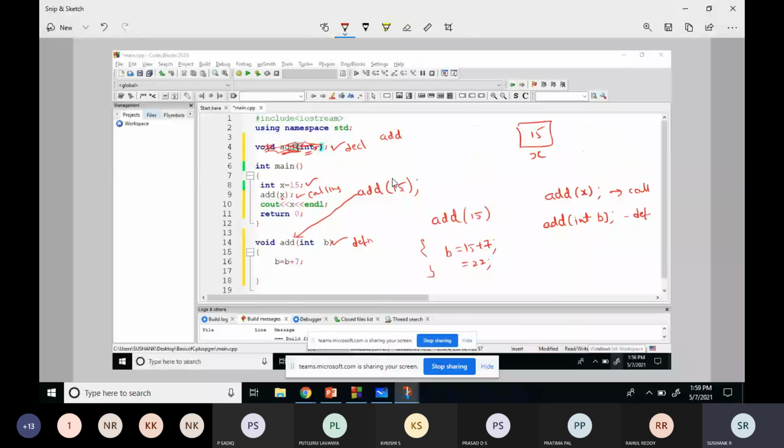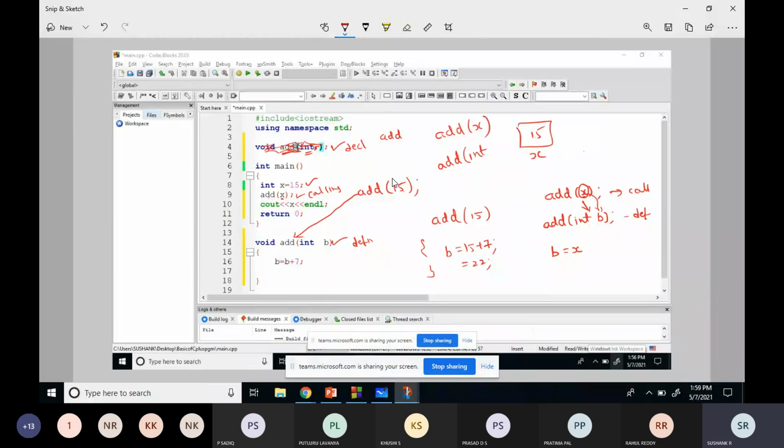Yes, sir. Okay, now add of x. So now this variable x is there in a memory location, and its value is 15. Now if you call this function here, the value of x will be stored in b. It is like b is equal to x. Because I'm writing add of x, and here there are two things: formal parameter and actual parameter.